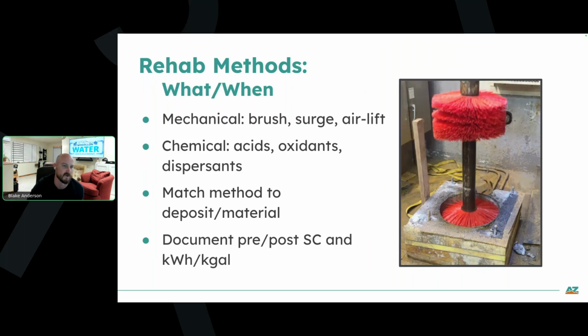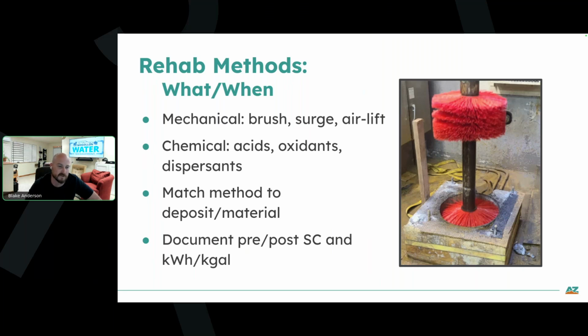Depending on what we see down there, we'll typically brush and bail, but there's also additives that you can put down in your casing to break things up. You can use mechanical methods that hit the slime or loose fines. Acid works good on carbonates. Oxidants or dispersants are good for biofouling or iron. Really, those are questions that you should be talking with your vendor about: what method would be most effective, what contact time you should have, what they expect the improvement should be.